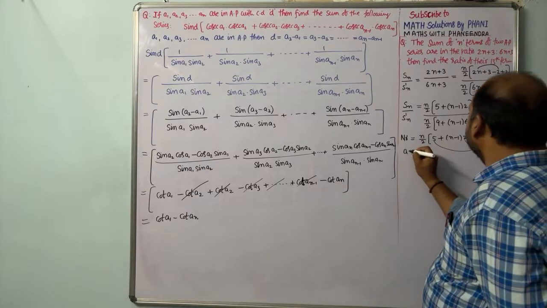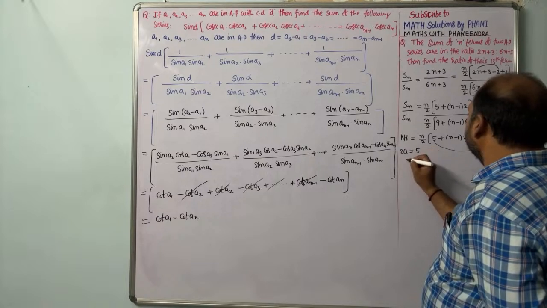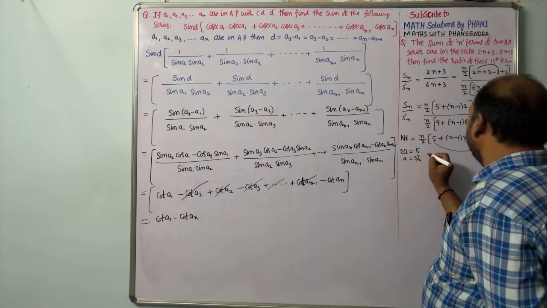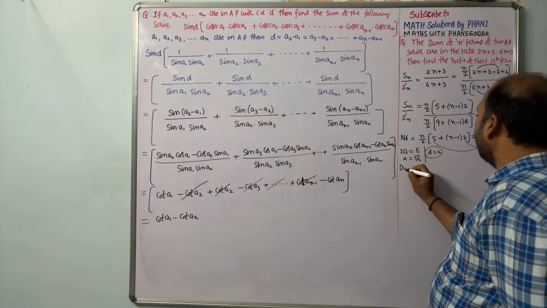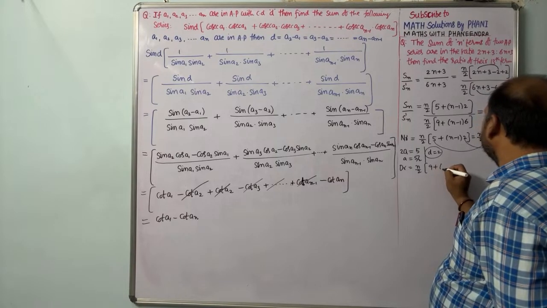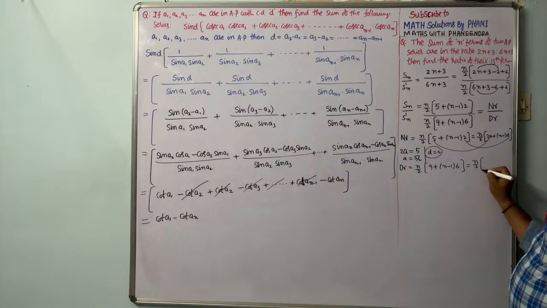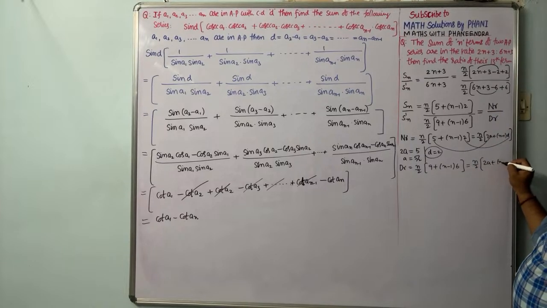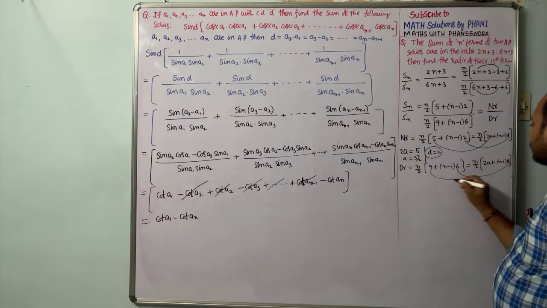So 2a is equal to 5, so a is equal to 5 by 2. Similarly d is equal to 2. This is about the numerator. Denominator is what? n by 2 into (9 plus (n minus 1) into 6) equals n by 2 into (2a plus (n minus 1) into d), comparing with the standard terms. So d is equal to 6, 2a is equal to